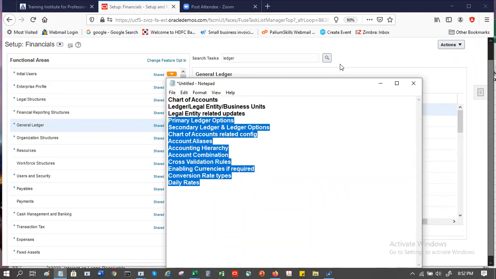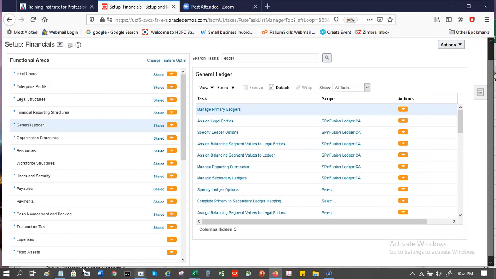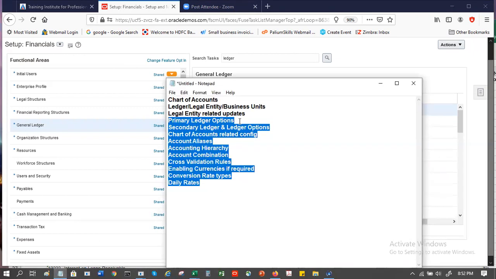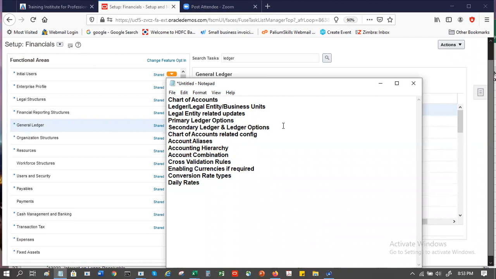The other day we had looked at the ledger options and all of that, right? So I think we are good with that. Secondary ledger options, we are good with that. Team? Yes, that's fine. Okay. If somebody has any concern or question related to the areas we have covered, please raise your hand and ask. If you have anything, we can revisit those. Otherwise, we'll move on. And instances also, we saw the chart of account instances.